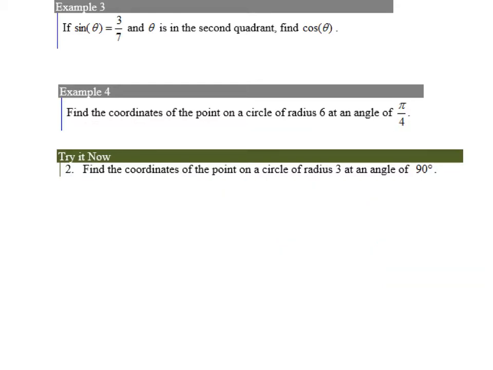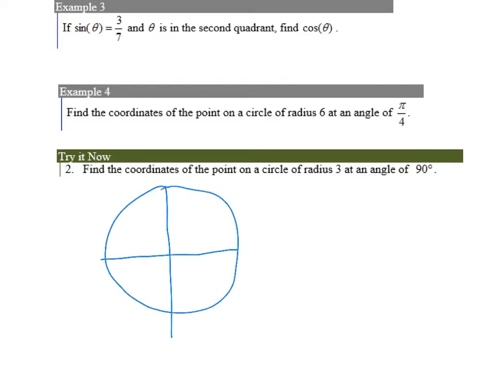Okay, then for question number 2 here, try it now. Stop the video and try it if you want, then come back and see what I've done. Or you can just keep watching if you really don't know what's going on. So I've got a circle. It's got a radius of 3, so all those radii are 3. Here is my angle of 90 degrees, or pi over 2. I know the coordinates of that point because the radius is 3. X is 0, y is 3, and that's what they're asking me to do, find the points on that